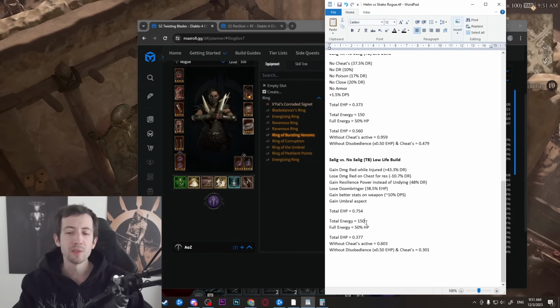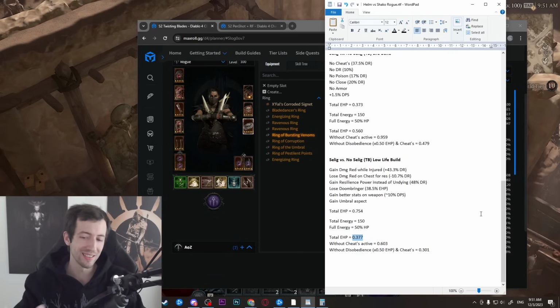And you can see this here. So again, we have 150 total energy. This total energy basically is the equivalent of half of our life. But now we don't have any life because we're going to be at 1% life permanently, staying at low life. And this means that our total EHP is actually 0.33 compared to the regular 1. And this means it goes down by like 62%, which is actually less than the life build here. So if you want to play a Selig rogue build, you should probably play this with a life build